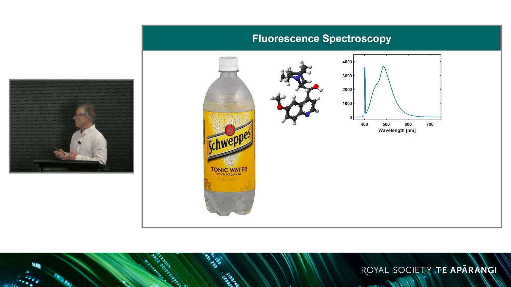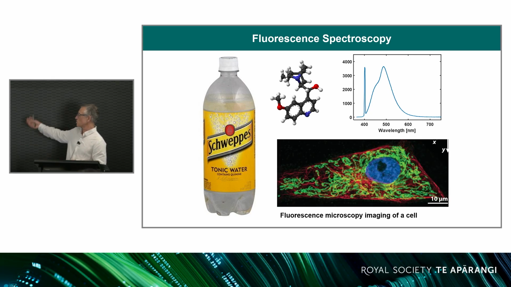Fluorescence is the workhorse of a lot of scientific areas. You've seen already images from previous talks, but in biology it's used all the time as a stain, a way to image cells at the micrometer scale. So very efficient, but it doesn't give you a true chemical identification. You see colors, you've tagged your things, and you can tag certain genes and things like that, but it's not really a true chemical method.